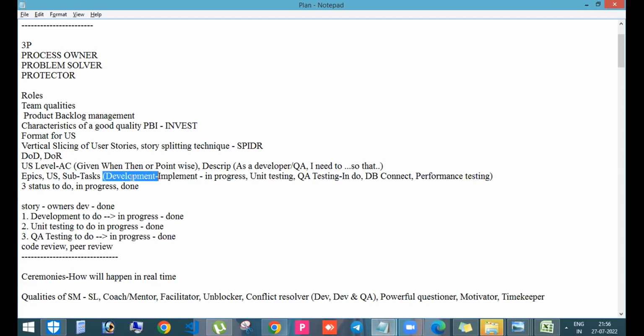So what the team will do is, first the development subtask will move to in progress, and the remaining subtasks will be in to do status. There are three statuses, right? One is to do, in progress, and done, right? This is quite confusing. You're saying that,